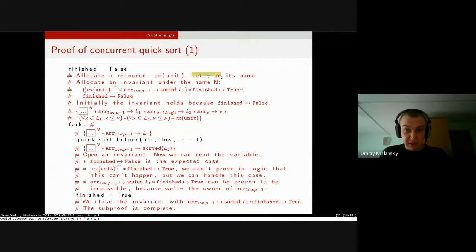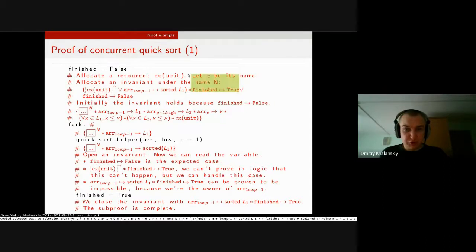And Iris allocates the name gamma for me as the name of this resource. Next, I allocate an invariant that I will call n. And this is the statement of this invariant